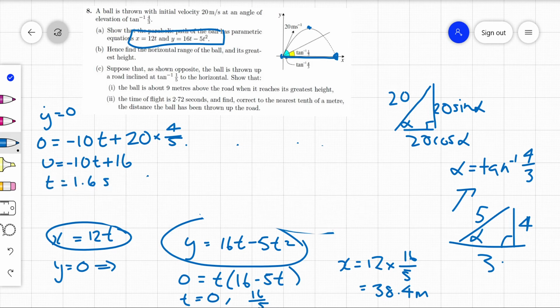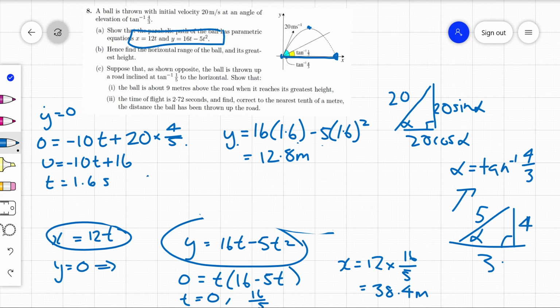So we've got at that time, y is 16 lots of the time minus 5 lots of the time squared. So putting that in the calculator, you get 12.8 meters. So 12.8 meters is the greatest height. All right, so part C,